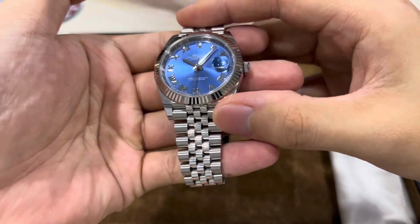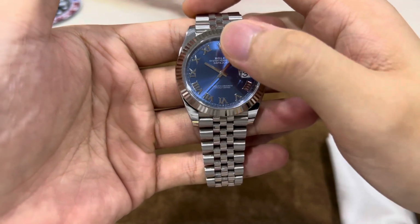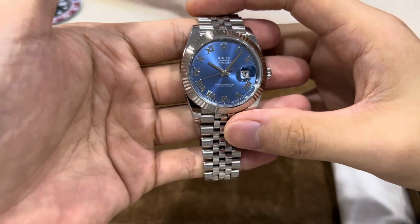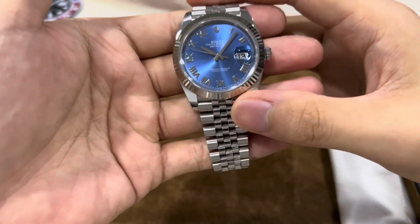dial pop. So we have the date window at 3 o'clock with the Cyclops lens, the hour markers, the hands, as well as the Rolex coronet at 12 o'clock, all 18 karat white gold to prevent oxidation and tarnishing over time. The Roman numerals do not have any lume, but I do think they really exude the classic Datejust